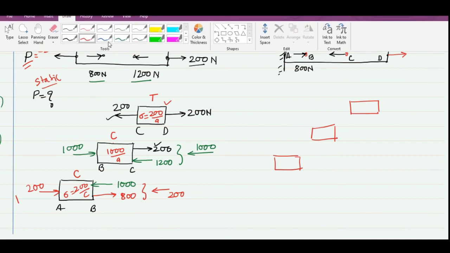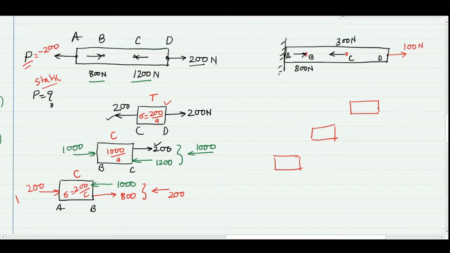So I am having three sections. Let's start with the free end. Here I am having 100 Newton. So this side will also have 100 Newton. I'll put 100 Newton here. Then I am having 300 Newton. So this is my 300. Algebraically, I will get a force of 200 here. An equal and opposite 200 will come here. I will have a 200 equal and opposite to this.